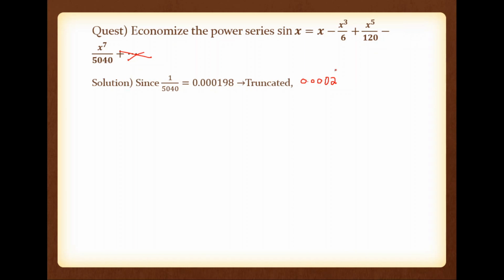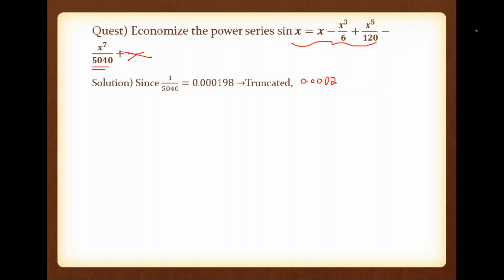Or even this is very small. 0.0002 means if you are neglecting this term, the maximum error will be plus or minus 0.0002. That is the second thing. So I think we can consider these three terms, because if you are neglecting x raised to 7 divided by 5040 and higher order terms, the maximum error possible is 0.0002. This is the maximum error.